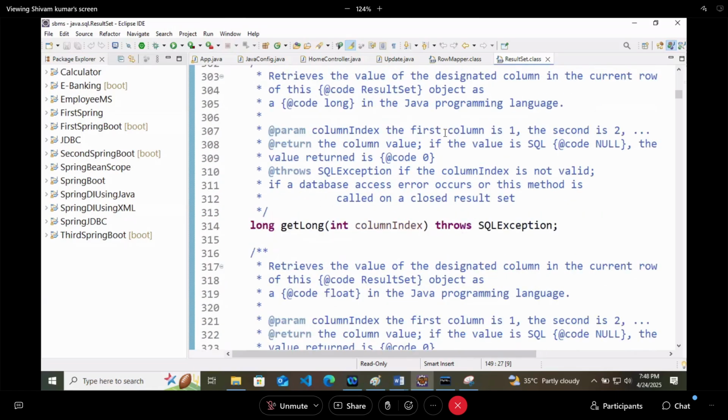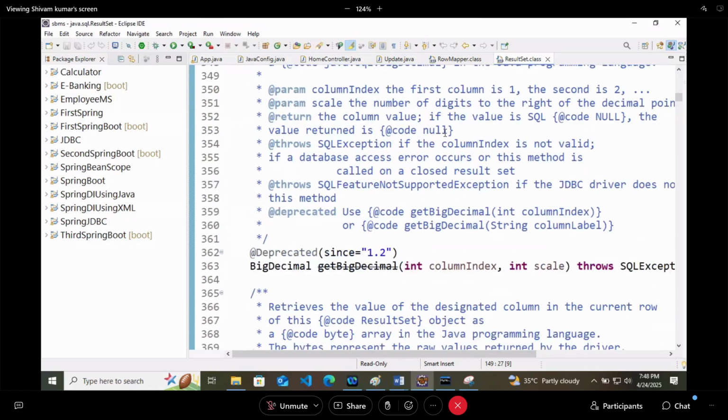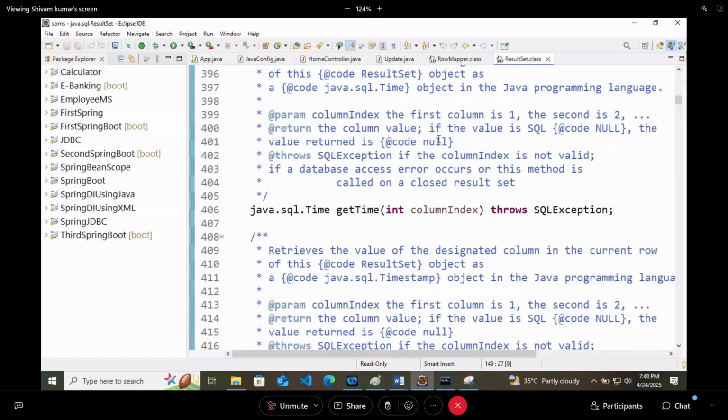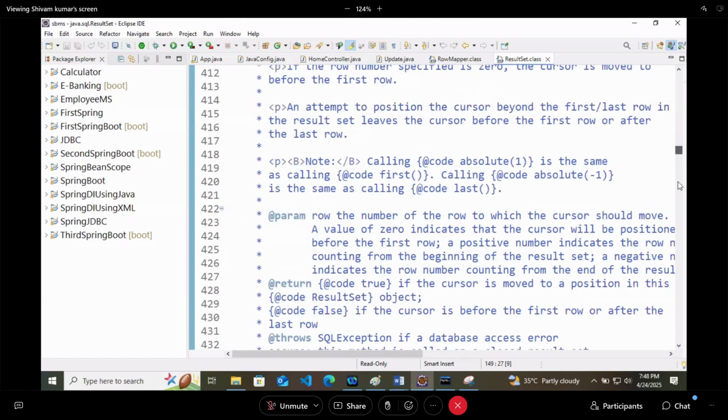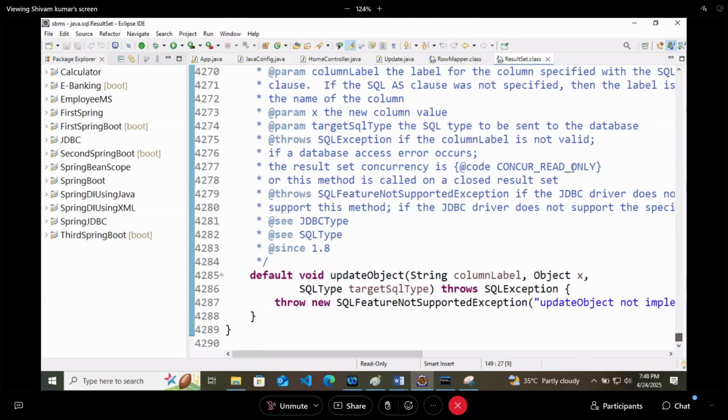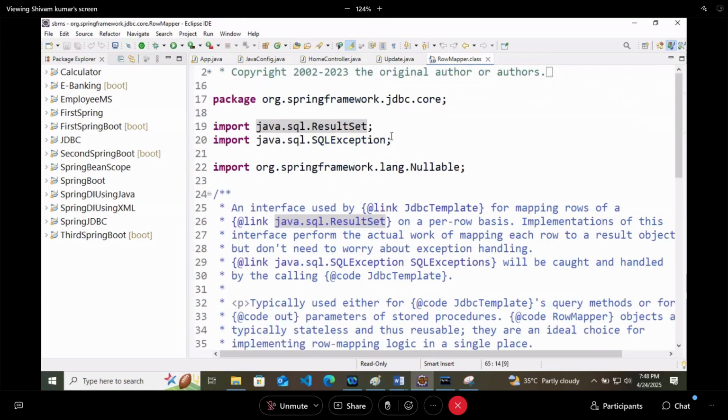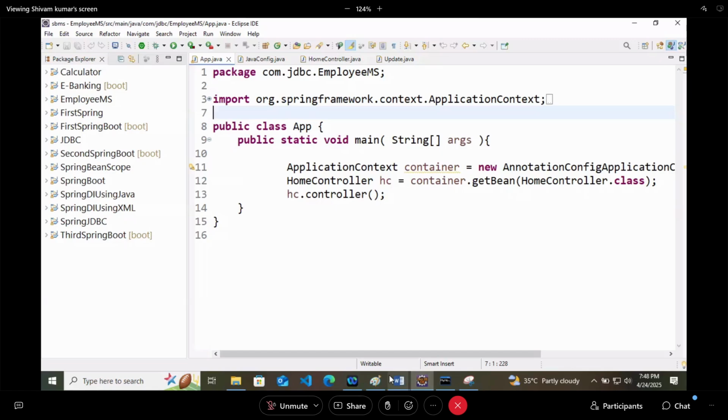So this result set was there in the java.sql package. Yes, internally result set is working, but for you row mapper is working.